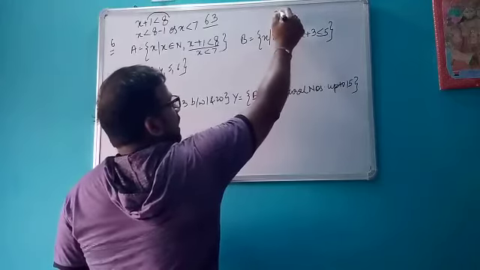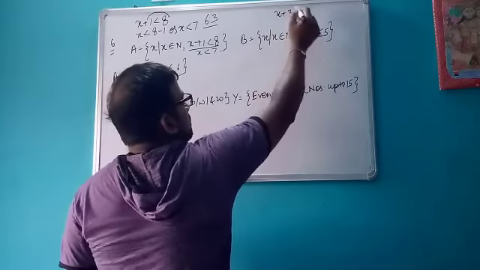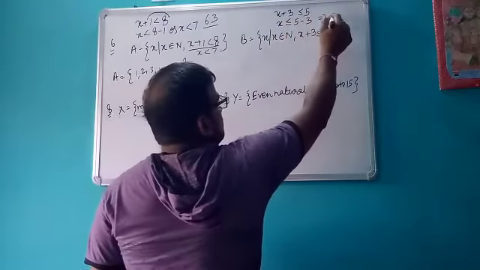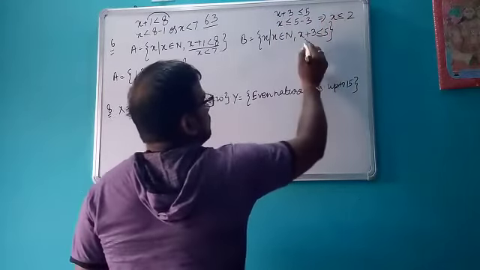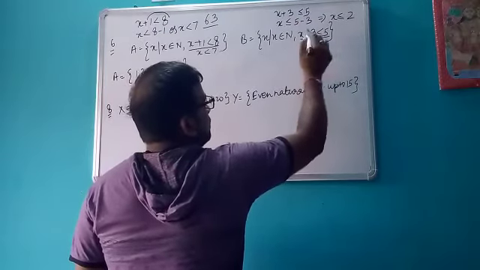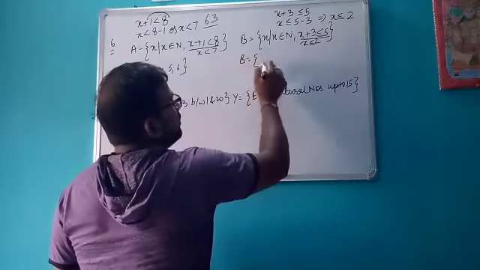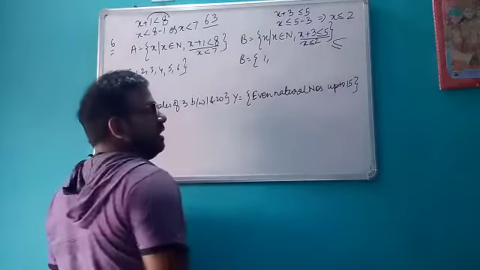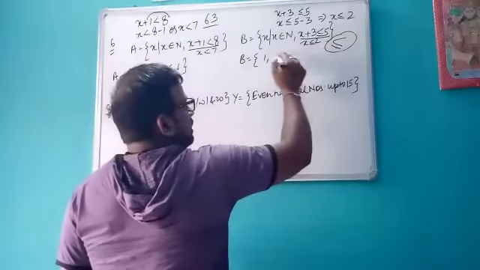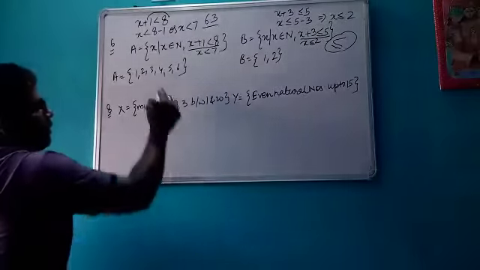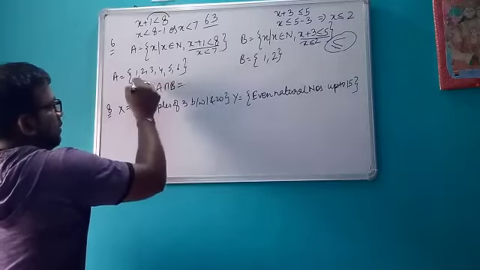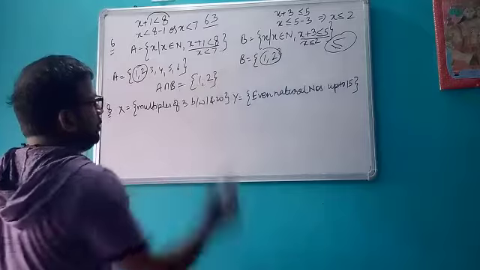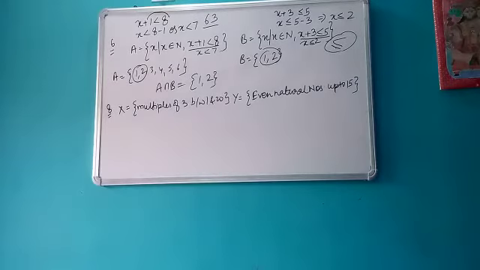In this it is x plus 3 less than or equal to 5. So 3 will go there. You can write it like this. That means x is less than or equal to 2. So it is actually x less than or equal to 2. So what will be your B? B will be 1 as well as 2 because it is less than or equal to. Okay. Whenever this sign is there, so it is less than or equal to sign, so we will take 2 also. So now what is our A intersection B? The common elements, that is 1 and 2. So this will be your A intersection B.